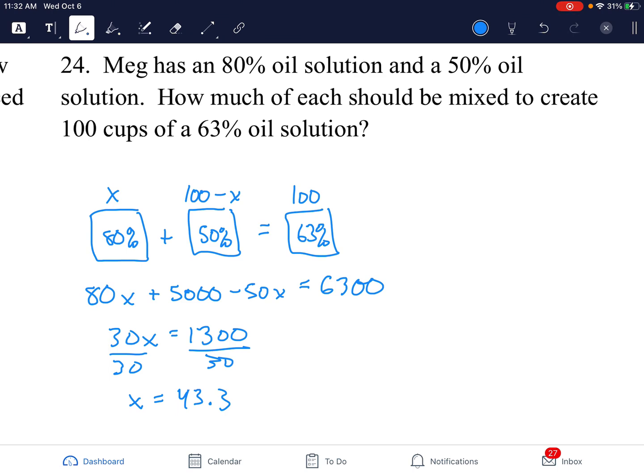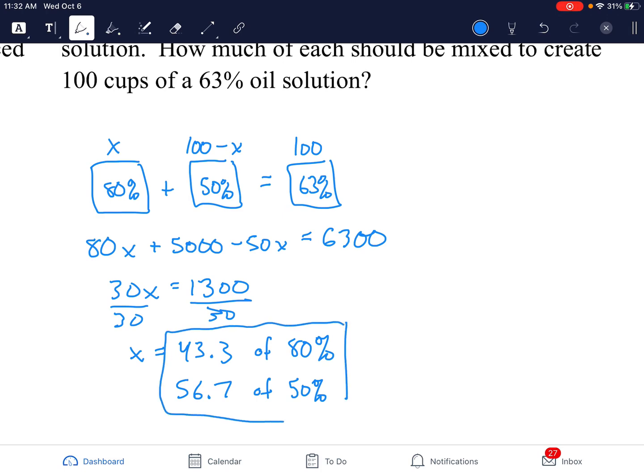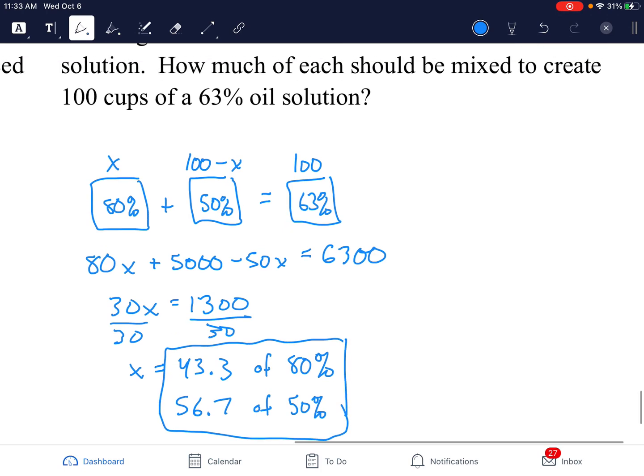Okay, so that's what x equals. So that's the 80% solution. All right, the other value is going to be 100 minus 43.3, which gives us 56.7 of the 50% solution. So these are your answers. We wanted to know how much of each. Okay, the question was how much of each. So we have the amounts for each, and we are now done. Congratulations. Good luck on the